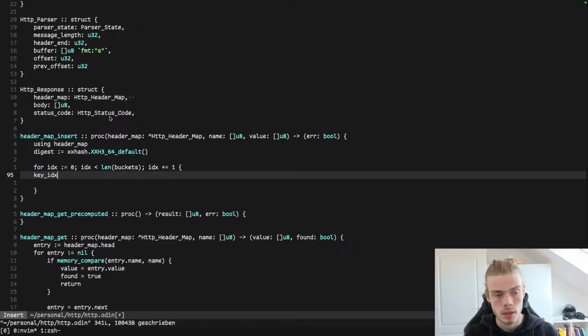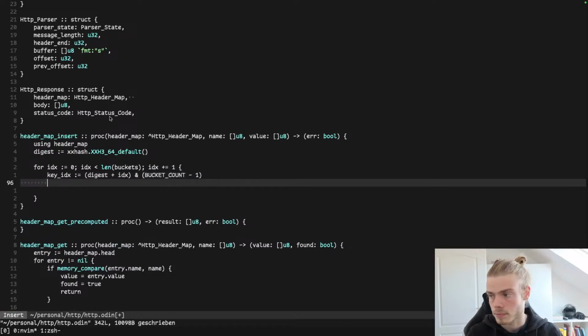Say key index is equal to digest plus the index, and then end it together with a bucket count minus 1. And we have a field which is equal to the bucket